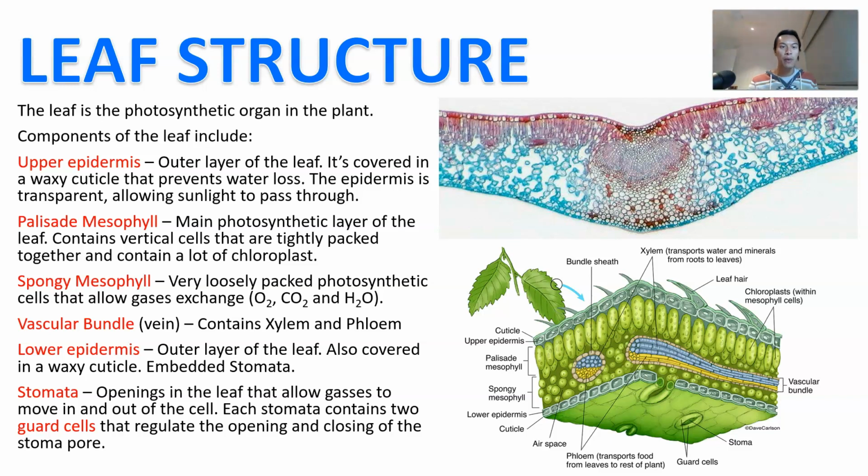The first one is actually the upper epidermis layer. That is this particular layer here. The epidermal meaning outer skin, dermal meaning skin, epi meaning outside. So the outer layer is covered in a waxy cuticle that is designed to prevent water loss. The epidermis is often also transparent, allowing sunlight to pass through the epidermal layer and into the next layer,